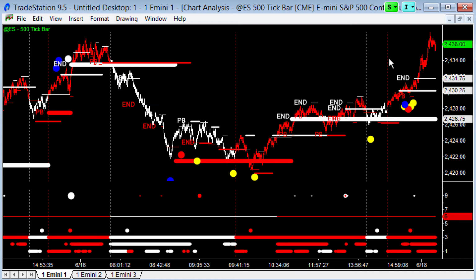Step number 3 in the 5-step setup is the first sign of strength. On the way down here, the first sign of weakness was we started breaking supports at this point, and that's what these white dots show us going on here. We're breaking supports on the way down. For this change in trend on the way up, we start breaking resistance lines. So we have a break above a low time frame here, and then the intermediate and the low time frame together. So on downtrends, supports are broken. On uptrends, resistance lines are broken.